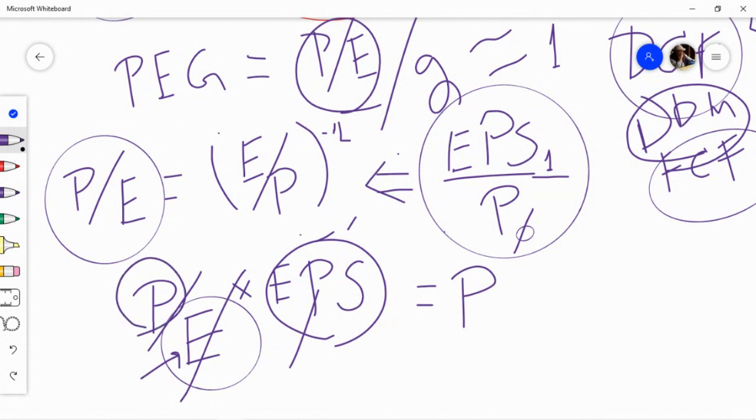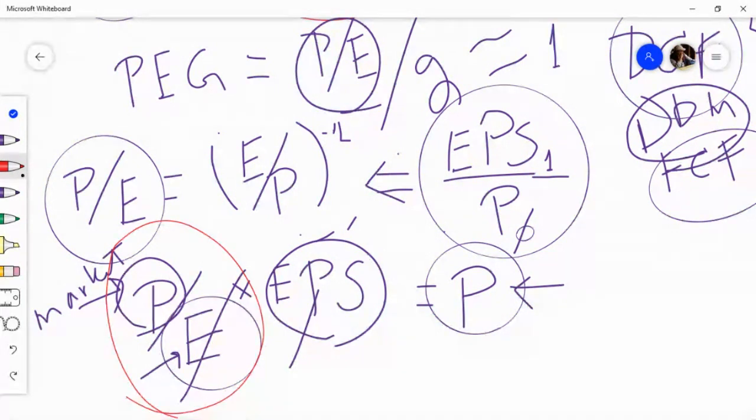In other words, this is market price. So this is simply coming back to itself, right? It's a stupid thing if you think about it. I cannot put it in any other way. You multiplied earnings per share by price earnings ratio, but by definition, price earnings ratio is market price over earnings per share. So the EPS and EPS will have to cancel out. Then it just comes back to market price.